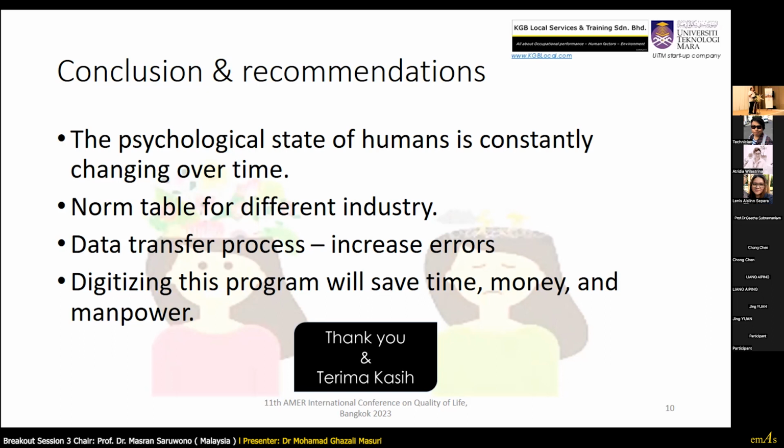Now, if you fill in the survey, we need to email the scoring to you. But later, if you have the application, you will get an immediate result, so you will know whether you fall under the category of green, yellow, or red.